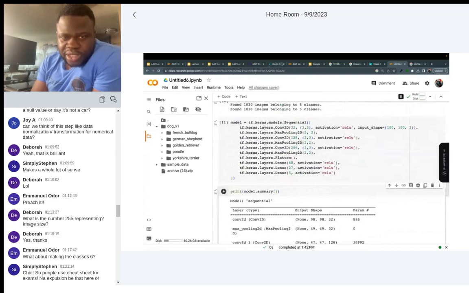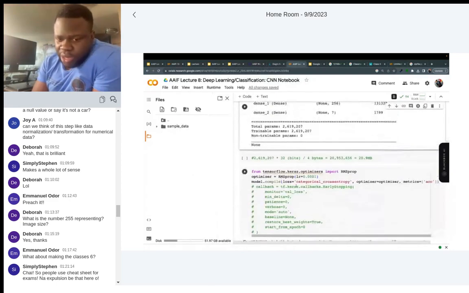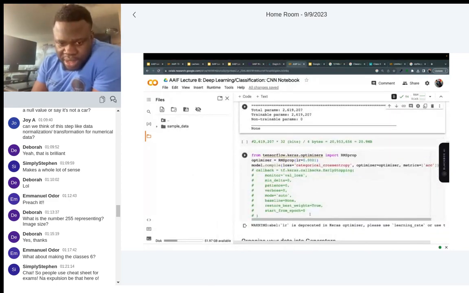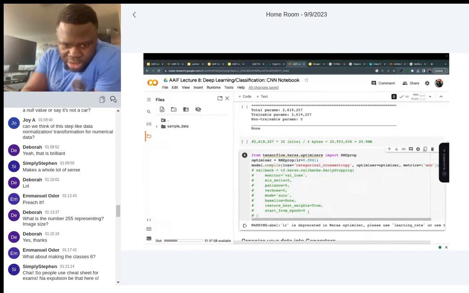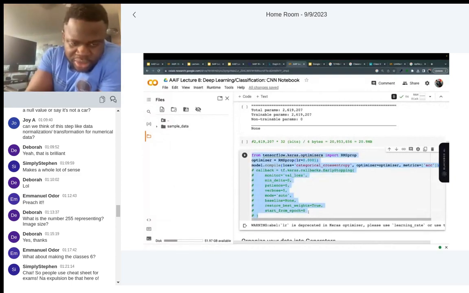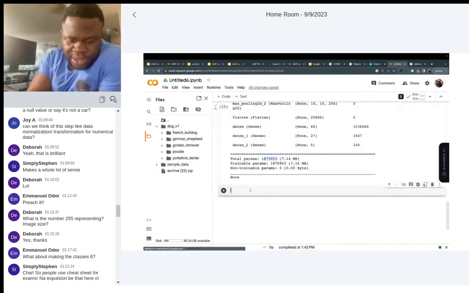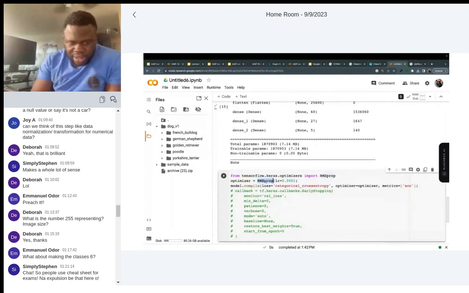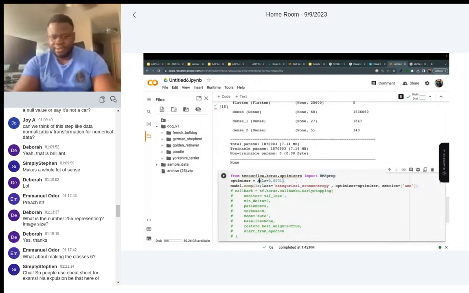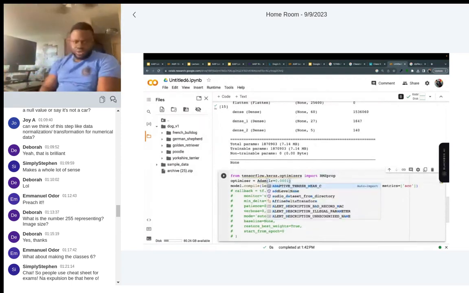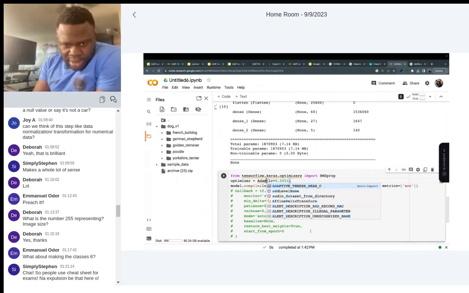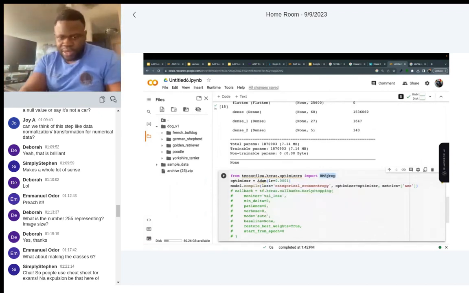So we've seen our model is 7 MB, then we do our optimizer. So just Control C. Do our optimizer. In this scenario, I want to use Adam. There are different optimizers, right? I want to use Adam. Did I import Adam, right? Okay, let me import Adam. So there's RMSprop, but I want to import Adam.